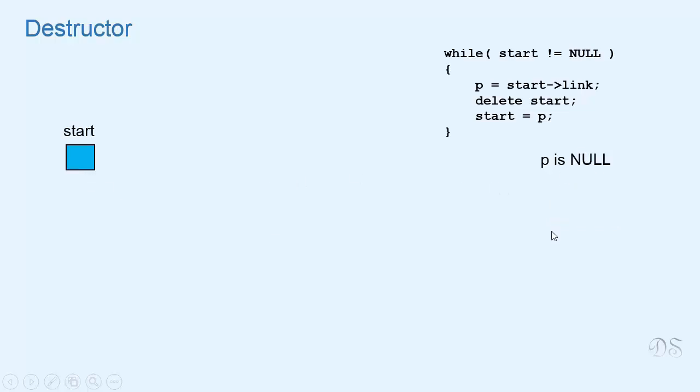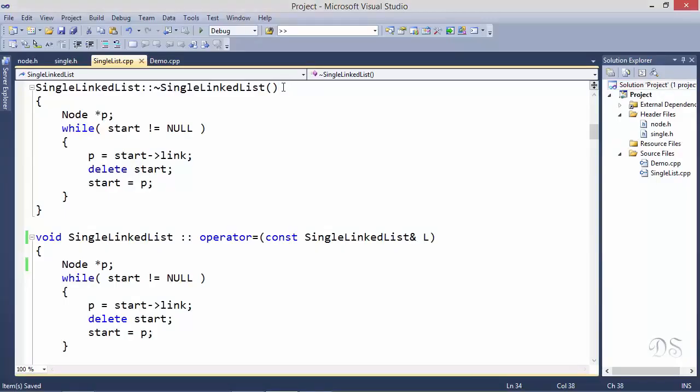Delete start, so this node is deleted and start equal to p, so start is also now null. Now start is null, so this loop terminates. And our list has become empty. And the memory occupied by all the nodes has been freed properly. So this is how our destructor works.